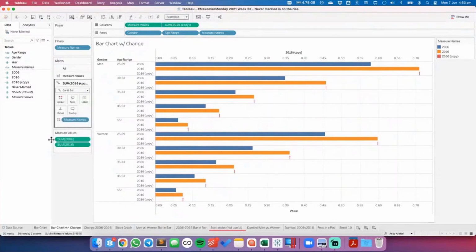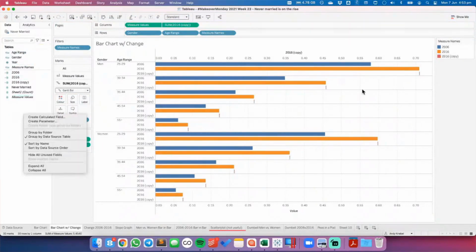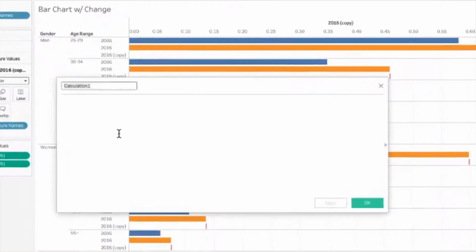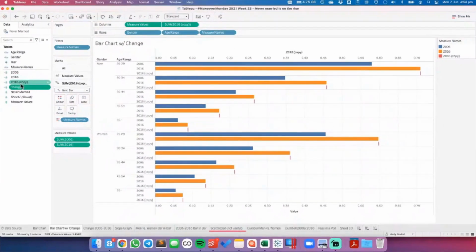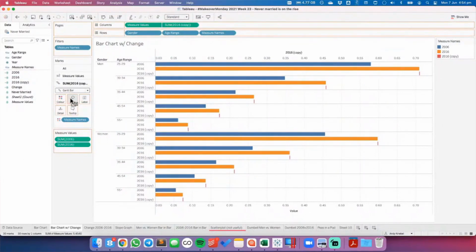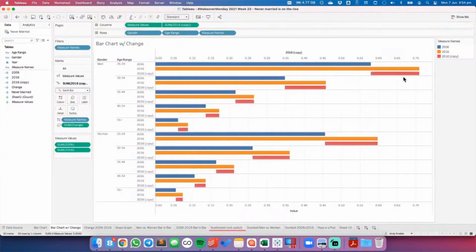Okay, let me take measure names off of that one. Or I can leave it on there, it doesn't matter. And what I want to do here is draw this bar. This should represent the length between the blue and the orange. So I need to create a new calculated field, and this would just be my change. So this is going to be 2006 minus 2016. And if I put that on the size shelf of that, you can see I now get that third bar